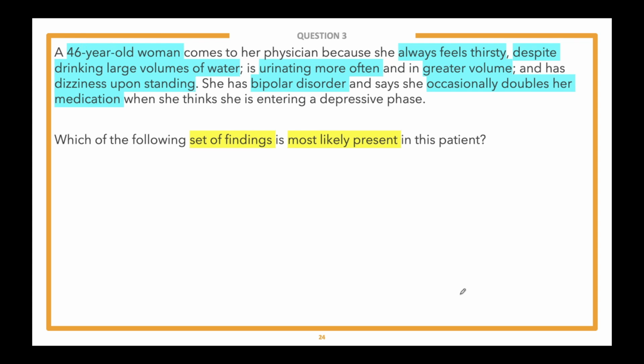Now, looking at the lead-in, they're going to ask us the set of findings most likely present in this patient. It depends on what answer choices were given for defining the set of findings, but I think we're going to have to figure out what's going on in this patient, what's the diagnosis, what's the condition, and then two, based off that, come up with the right set of findings, whatever these findings are going to be. So at least a two-step question. We'll see if they add